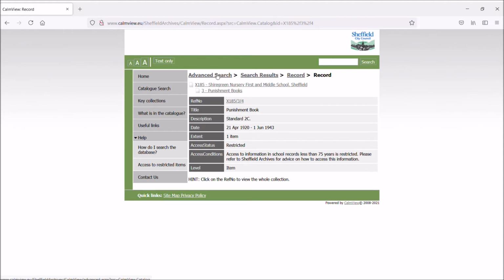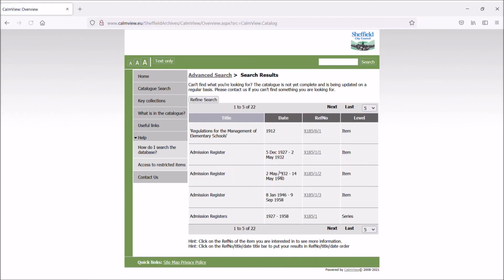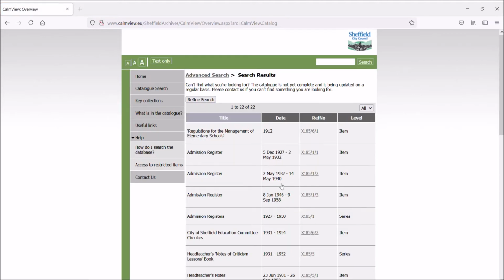So if we just go back to advanced search, another way of finding a complete collection is just to search for the collection reference. So we know in this example that X185 is the collection. So if we just delete the series and item numbers and search X185 with an asterisk, and then open the screen up on this down arrow here at the bottom, it's now displaying all 22 items which are part of collection 185.